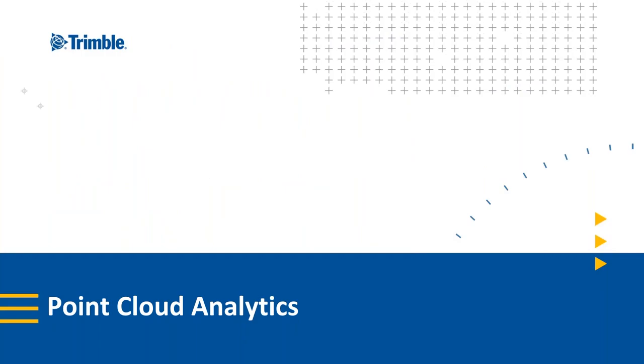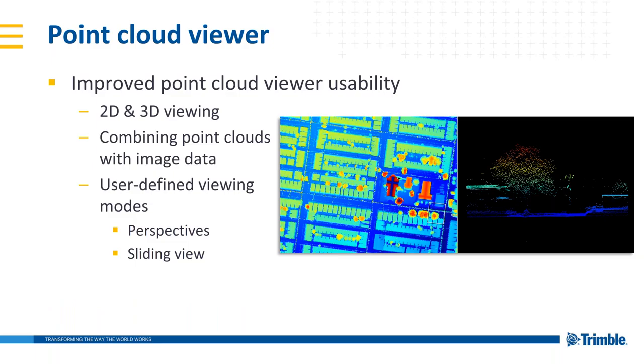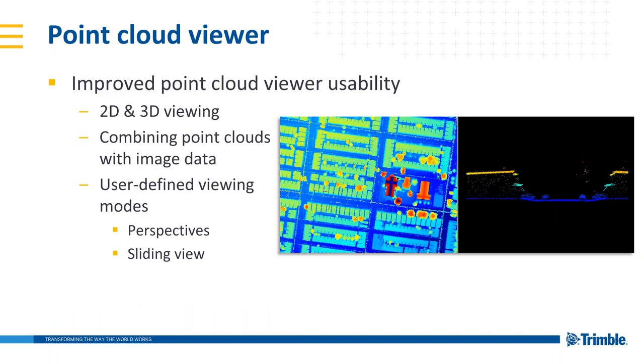And now to get into specifics, I'll start out with point cloud analytics, what is available and different in version 9.3 versus earlier versions of eCognition. First of all, we've really improved the point cloud viewer usability, making 2D and 3D viewing possible within the developer, also allowing us to combine point clouds with image data from a viewing perspective. And we've also given the user more freedom in defining how they would like to view the point clouds via